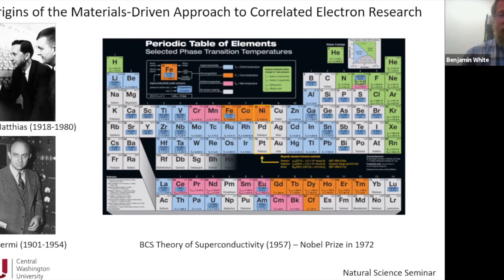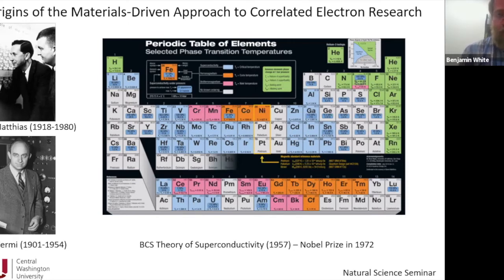And this comes back to this idea of the materials-driven approach. The origin of that materials-driven approach is usually said to have occurred just after World War II. So again, 1911, superconductivity is discovered. It's exciting. Theorists work very hard on trying to explain and understand superconductivity for the next 35 years without much luck. They're just banging their heads against the wall. A lot of the very prominent theorists of the day are working on it and just